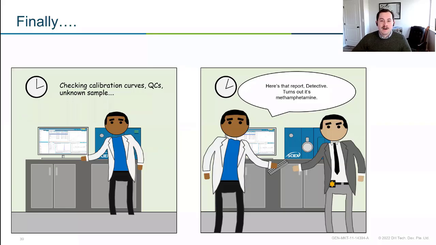So although mass spectrometry kind of seems like it would be a pretty easy thing, at least in television, there are a lot of steps to it. And we'll talk about those steps in the upcoming sections, but this kind of just gives you an idea of what to expect.